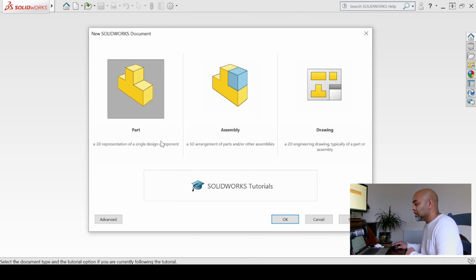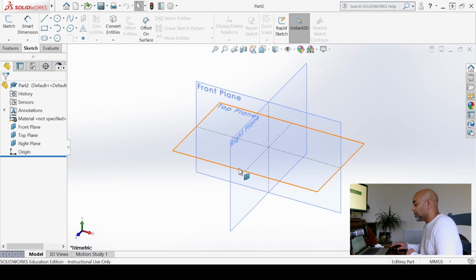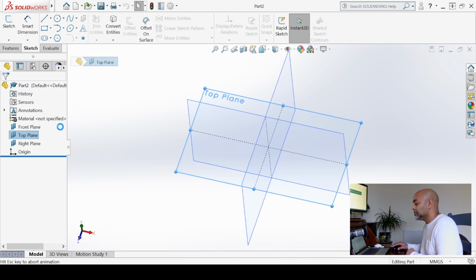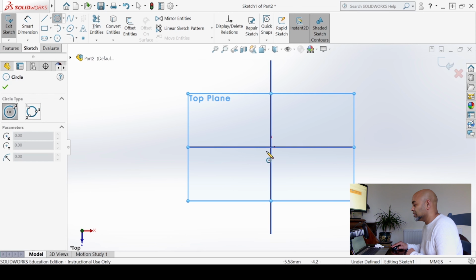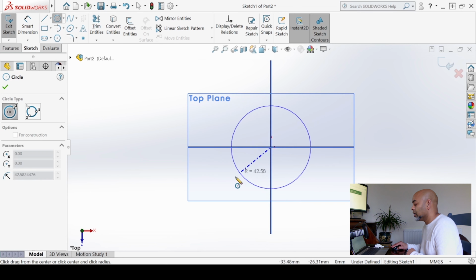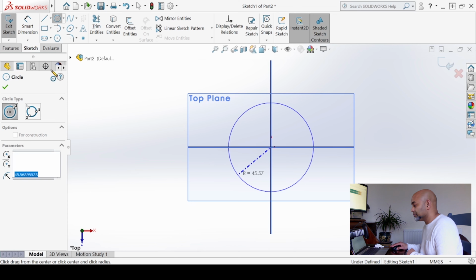We looked at so far how to create new part files, how to then select a plane of your choice for sketching. So for instance, I want to go on to top plane to sketch a profile, and until now we have also done exercises like this where I select myself an entity from here. I also make a reference to the origin in order to be able to provide it an anchor point, and following that